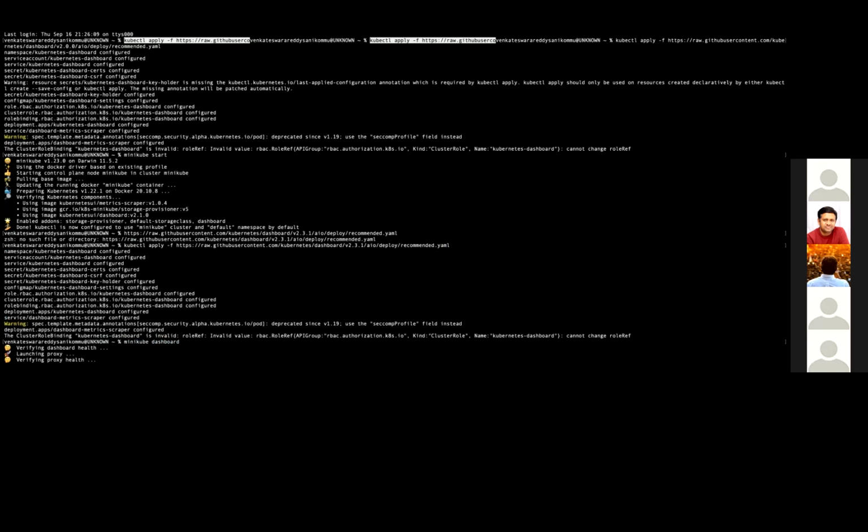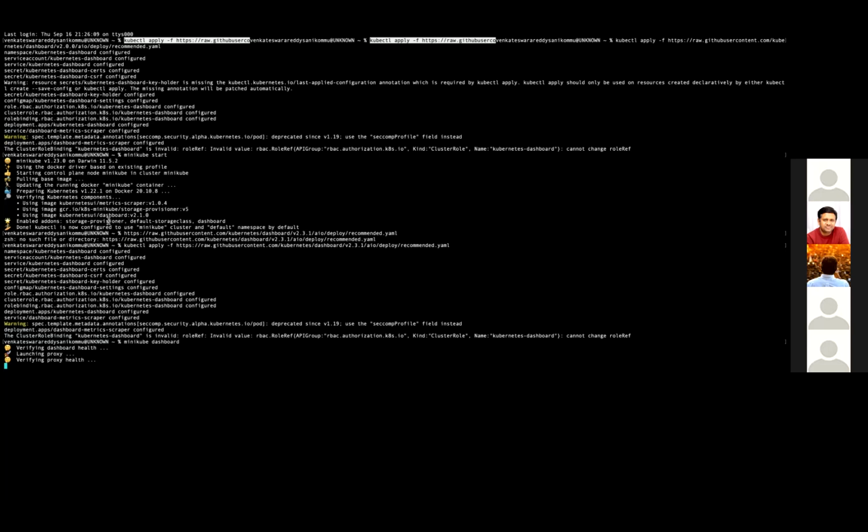Maybe you can see that the cluster role is not able to overwrite, but it will say. So you can see, guys: services configured, service account configured, role is configured, cluster role configured, role binding, deployment is done. Everything is there. Whatever Venki is doing, he is using that YAML file from the internet. You can apply it from the internet, don't worry, because it needs to read the values.